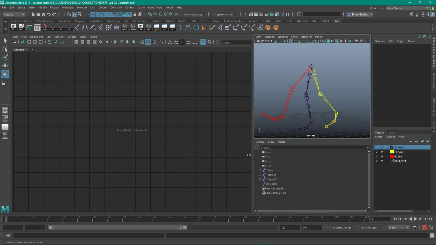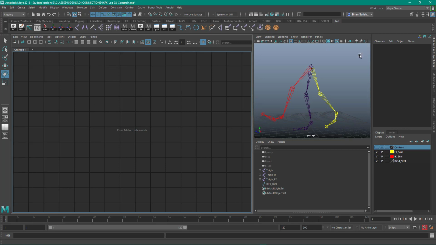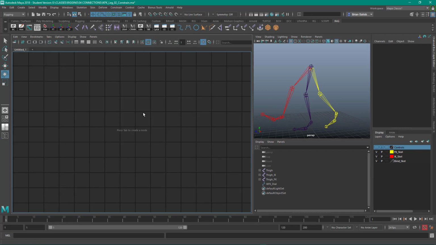In order to get this layout, I came over here to the layout area and right-clicked. I chose 3 panes split right, which gave me this particular layout. And then under panels, I chose the node editor, perspective view, and the outliner. I can also bring up the outliner by clicking on that, but I want a lot of space to work